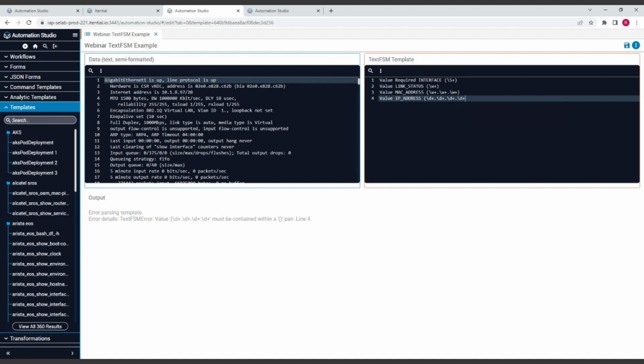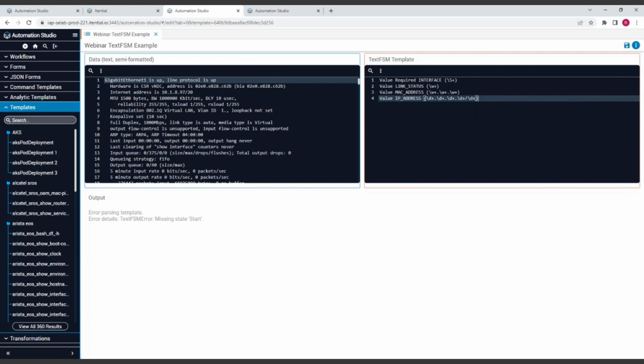Okay, so we've defined our 4 octets, but we also see that there's a subnet mask, and it would be helpful to capture that. So I can put the literal / in and then give it another \d+ to capture that